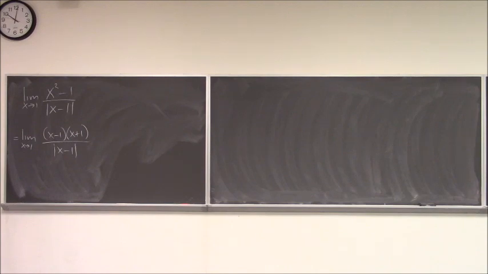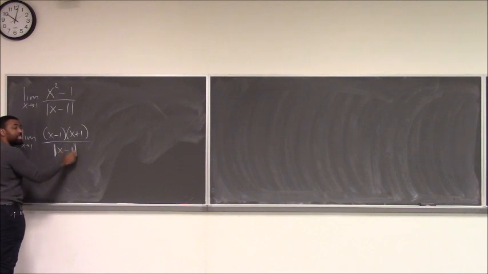Can you cross out, take the absolute value of the denominator? Okay, what is that? How do you do that? That x plus 1? Yeah, that's not how the absolute value works. Yeah, that's what makes this one a little bit tricky, the fact that this is an absolute value. How do you deal with that?